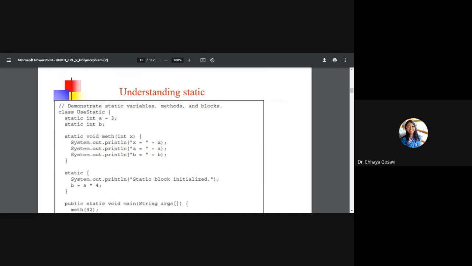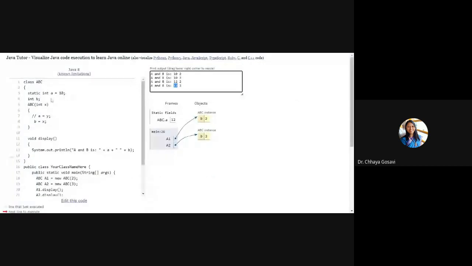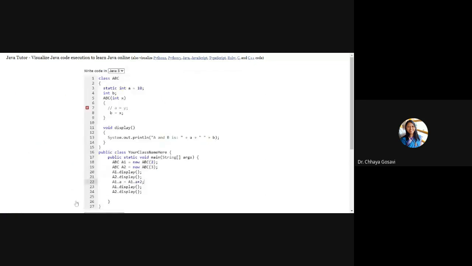Let's check whether we are getting this answer or not. Instead of UseStatics, I'll use the class ABC, same name, class ABC here, and int x. So this is the math method. Let me edit this code. The method is static, the math method.